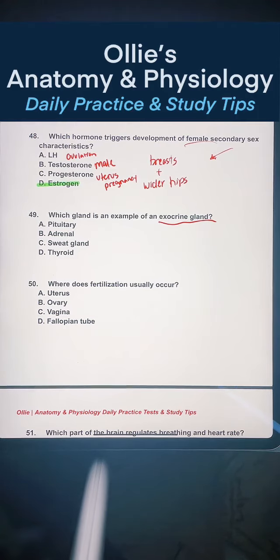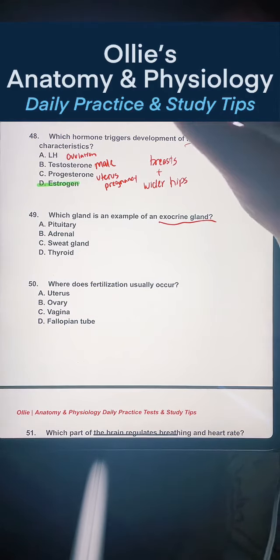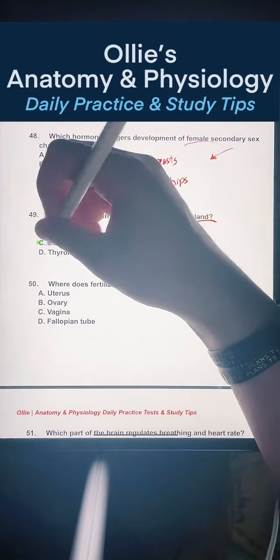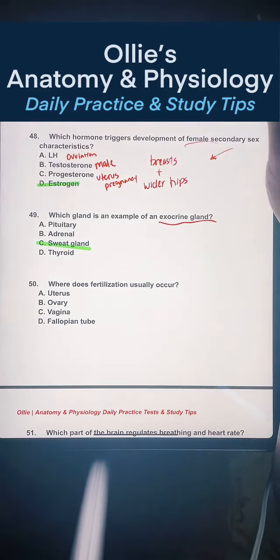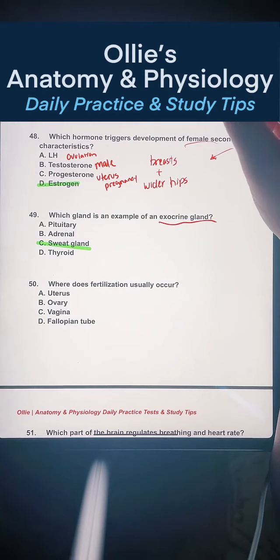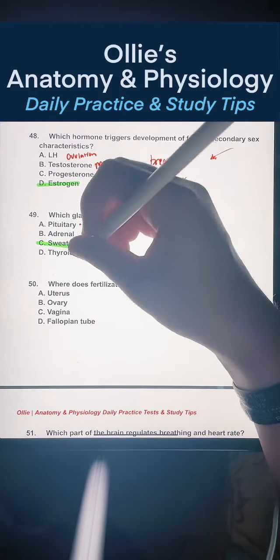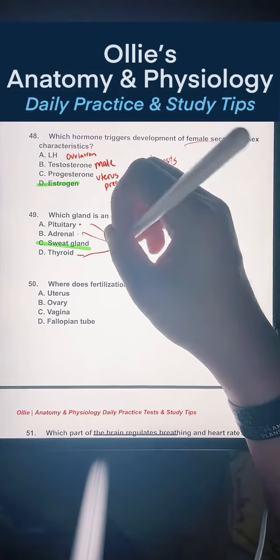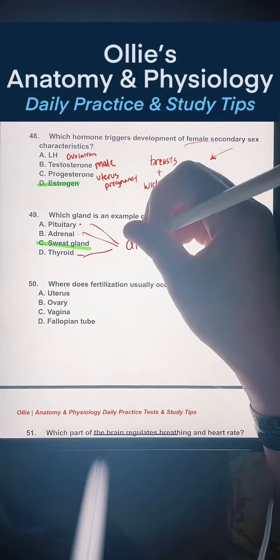Fantastic, everybody. You guys are killing it with the answer choices here. Number 49. The answer is a sweat gland. So an exocrine gland is going to secrete something outside or mainly into a duct. Endocrines secrete directly into the blood. So pituitary, adrenal, and thyroid, these three all secrete directly into